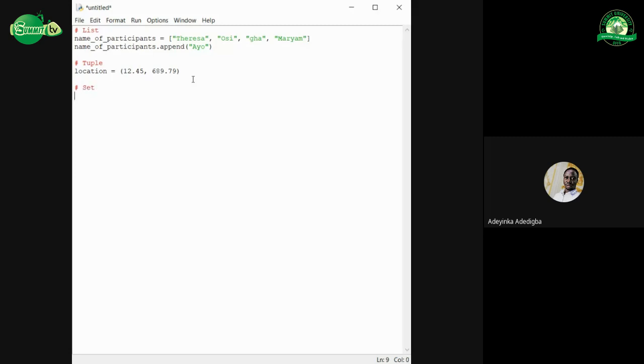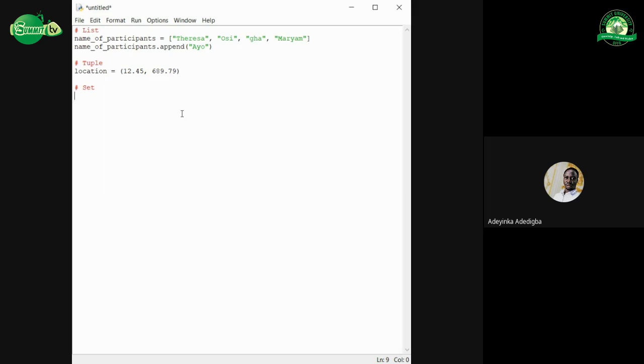All right. Another set of collection that we have is sets. We all know sets from our mathematics. So a set is just the normal set. It has a different collection of objects, just like we have known. The only difference is that a set is orderly, right? A set is orderly, and